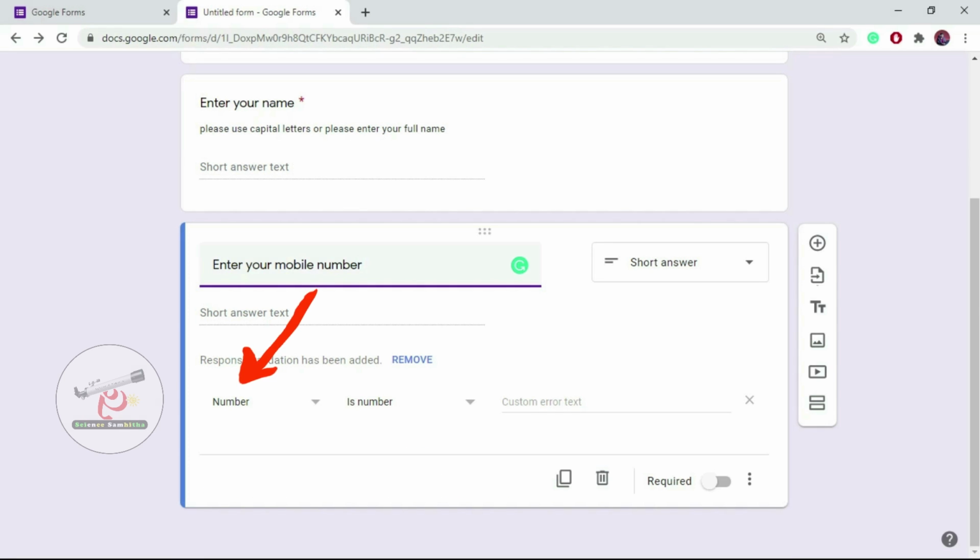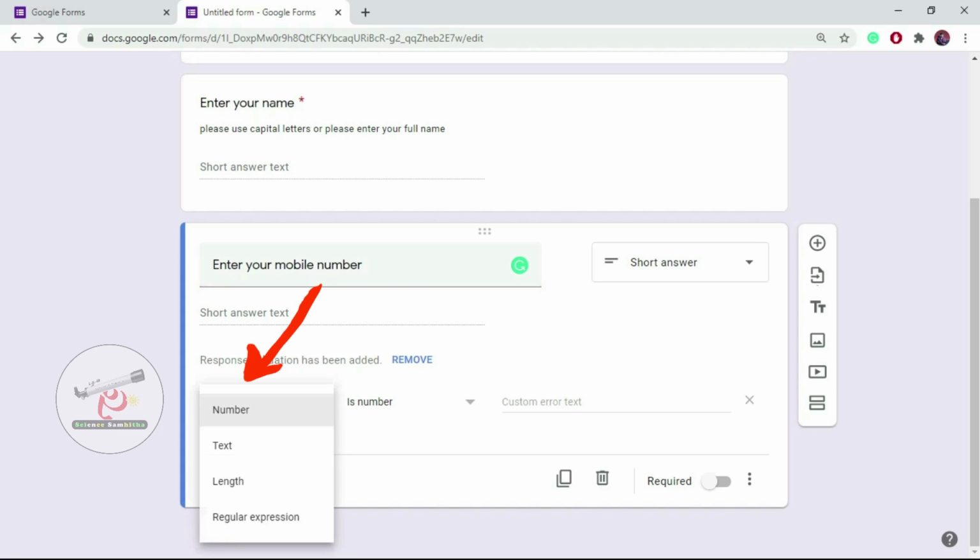Okay, what is the validation condition? That is, it must be a number, or it must be a text, or its length is specifically restricted, or it's a regular expression. So we have to select it. So it's a mobile number, so it must be a number. Then